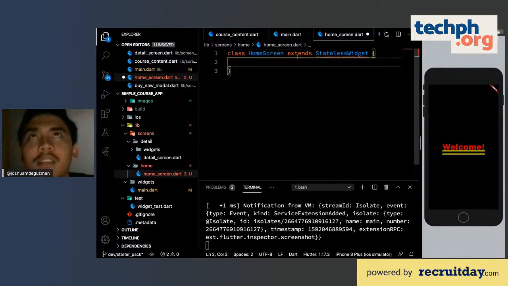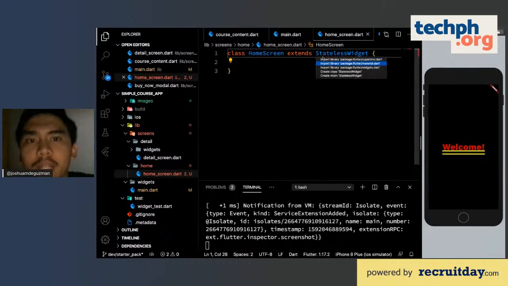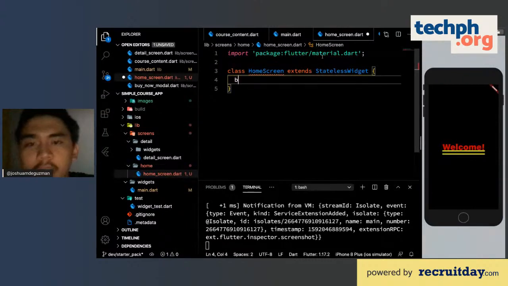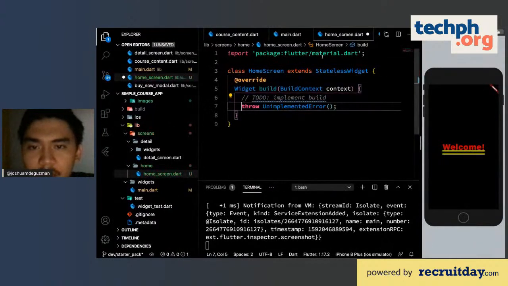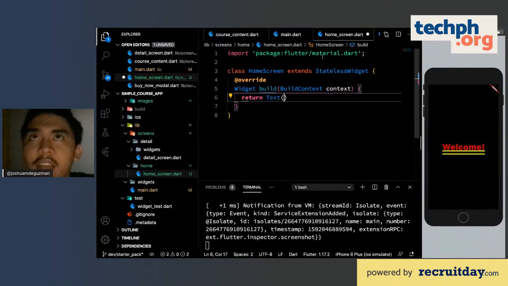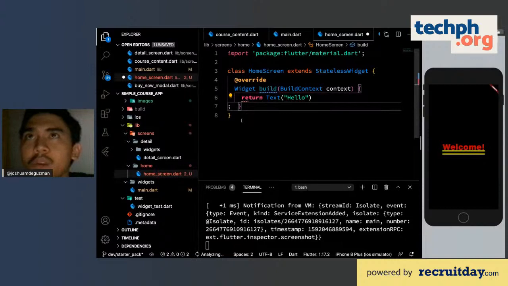Great. So just have to import the material package and override the build method. Okay, to verify that this screen actually exists, I'll just add Hello and call this one.